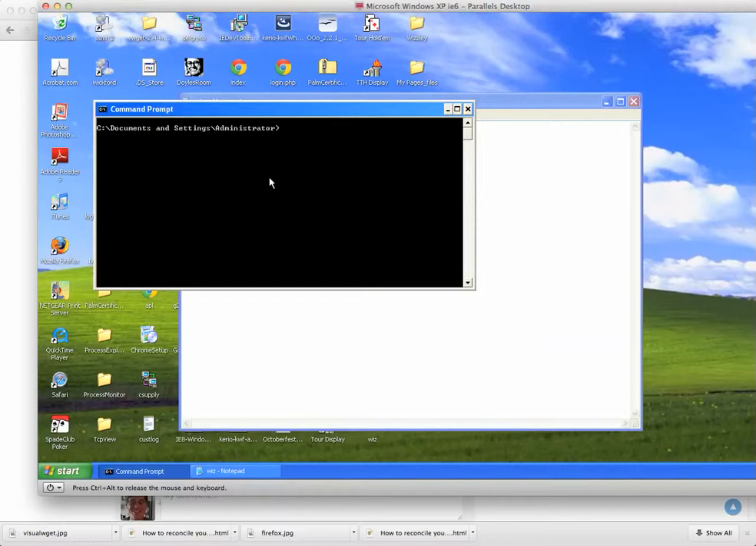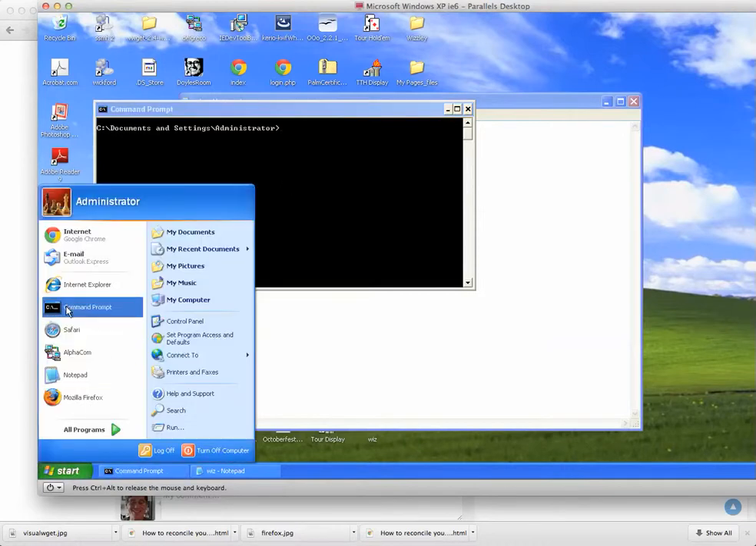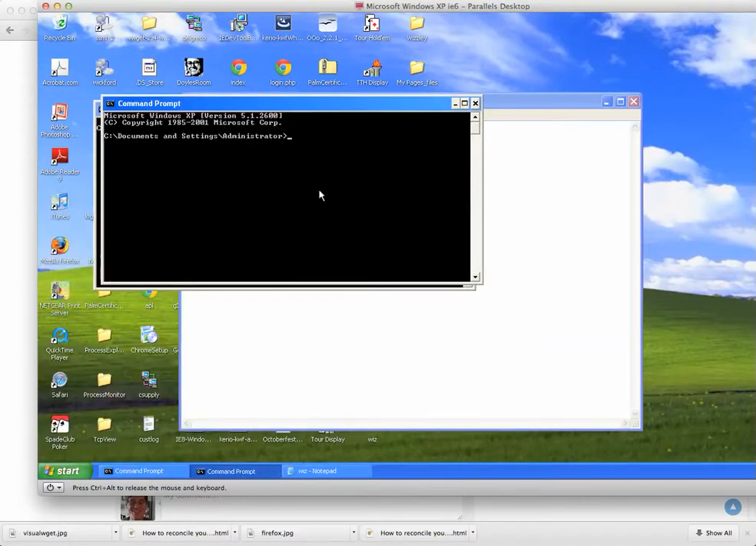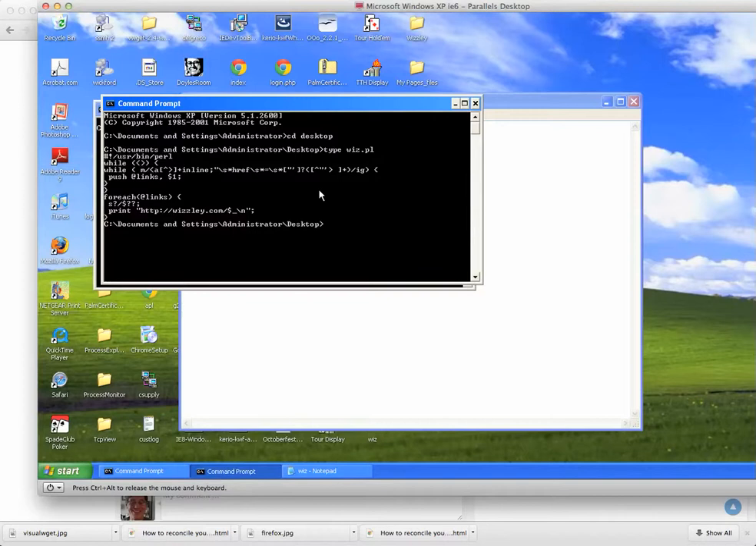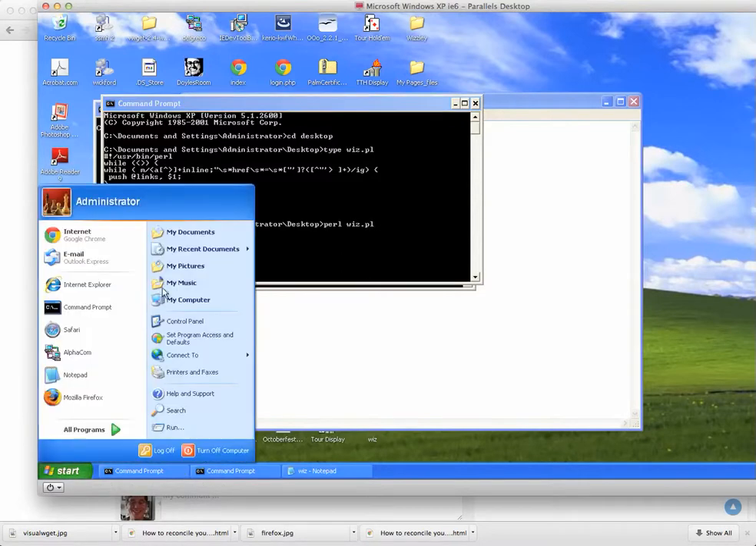So here at a command prompt, again, start, command prompt, I'm going to cd to my desktop, and here is that wiz.pl file that I created, and to run it I'm simply going to do perl wiz.pl. But my wiz.pl requires an argument, and what is that argument? Well, it's the